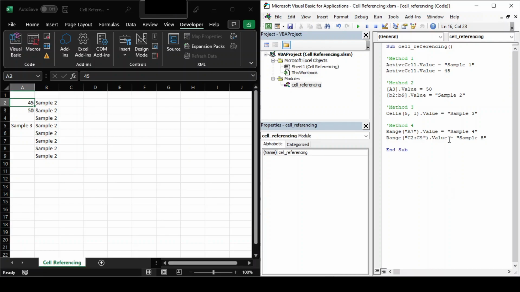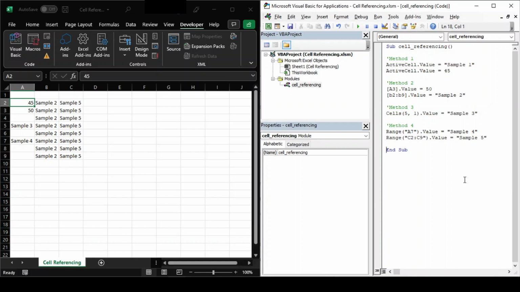So let's execute this step by step with F8. Sample 1, 45, 50, then sample 2, sample 3, and we got sample 4 in cell A7, and finally sample 5 in all cells from C2 till C9. So this was the fourth and final method with which we can refer to a cell or range of cells.